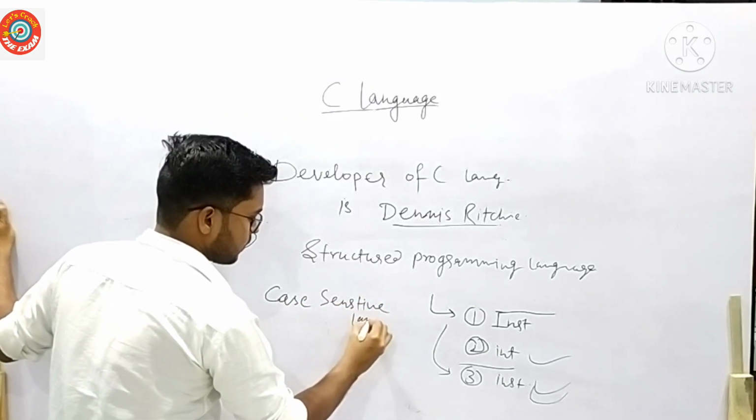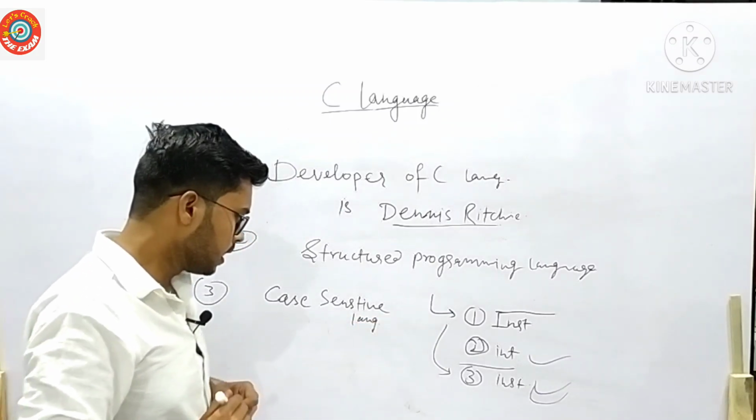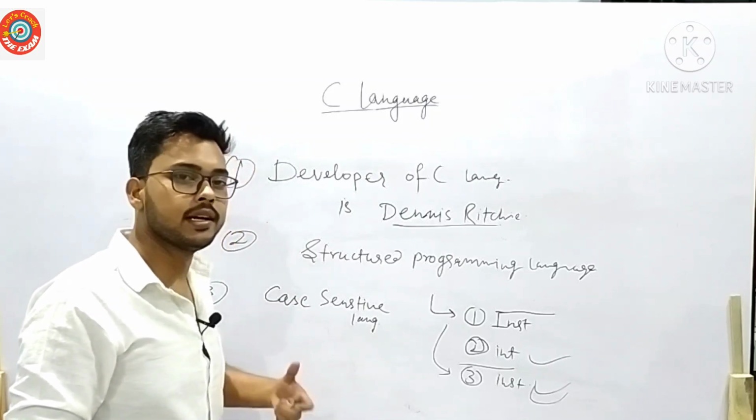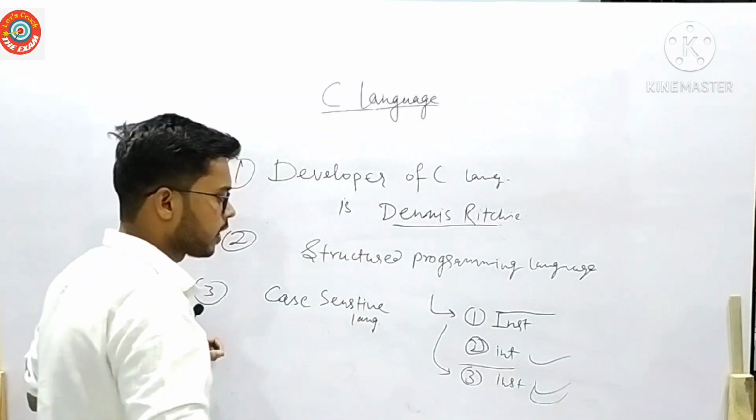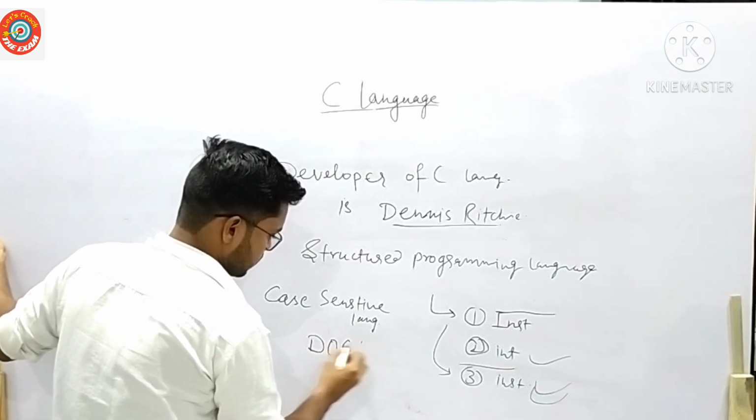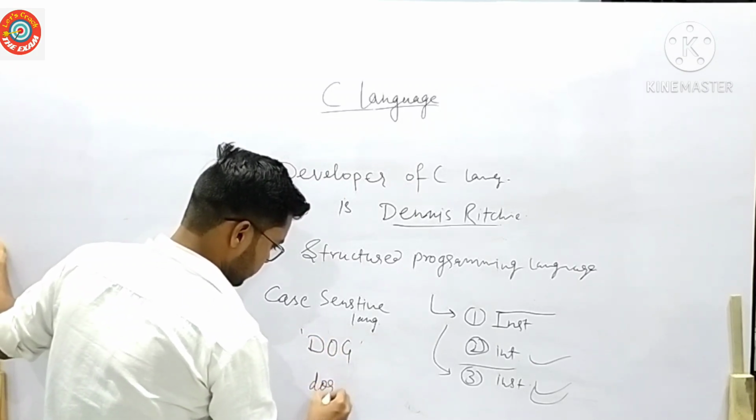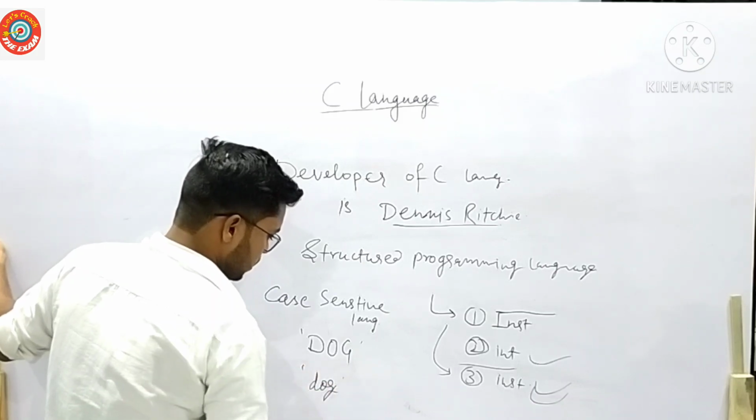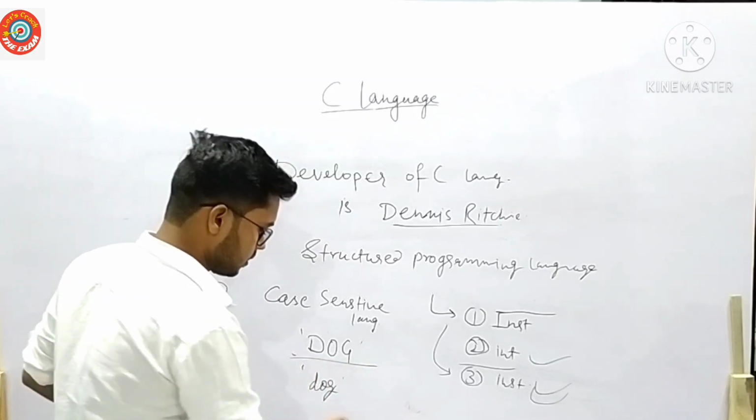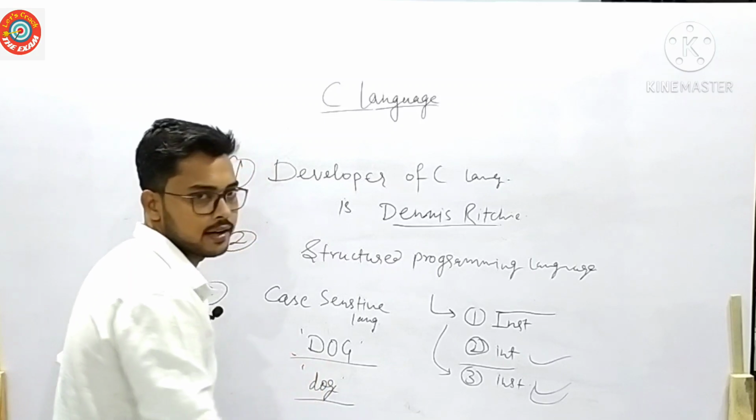Case sensitive language. Okay. Case sensitive means the uppercase and the lowercase letters will be treated differently. Okay. For example, for us, DOG in capital letters and dog in small letters, both are the same. We know this is the dog and this is also dog, but for C language these both are different